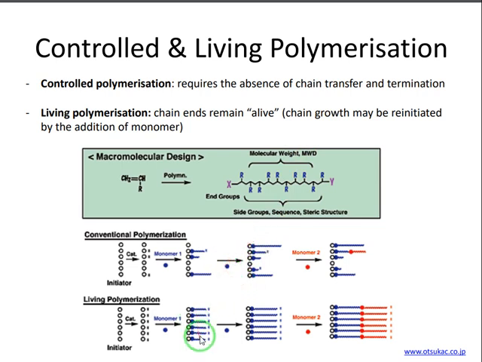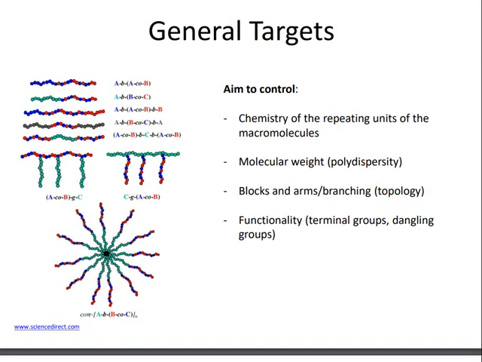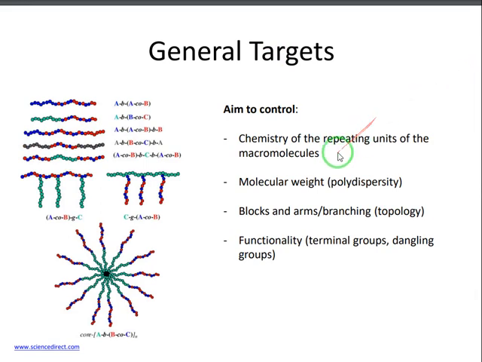We want to grow our polymers just like a group of grass, all of them together. Well, this controlled and living polymerization gives us a great ability to play a little bit with the monomers that we're going to polymerize